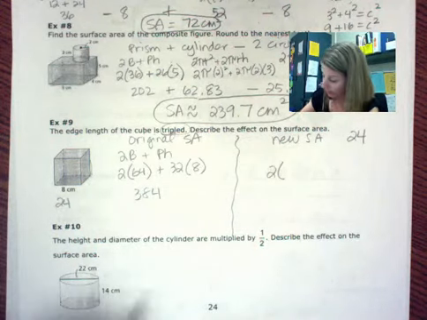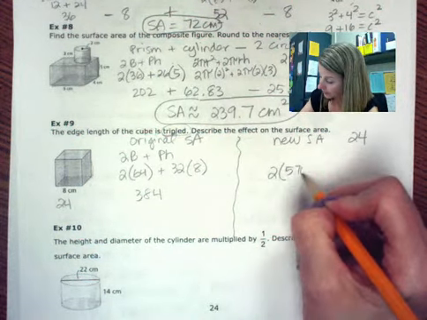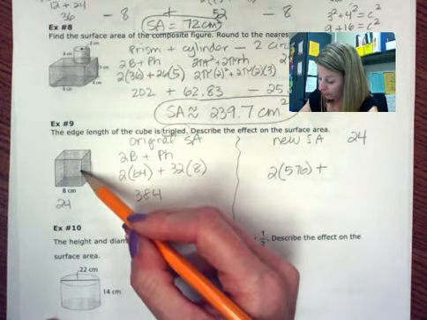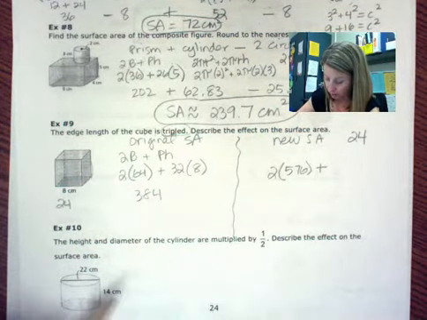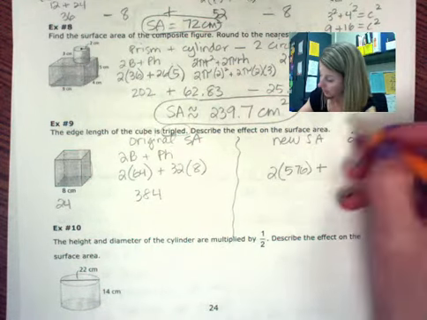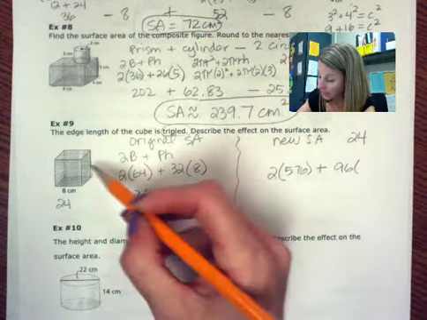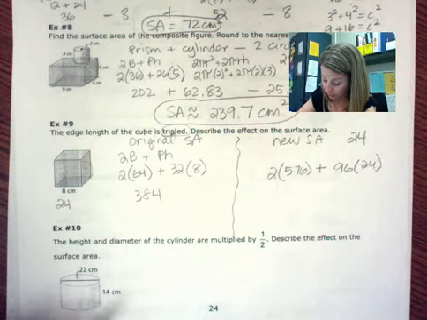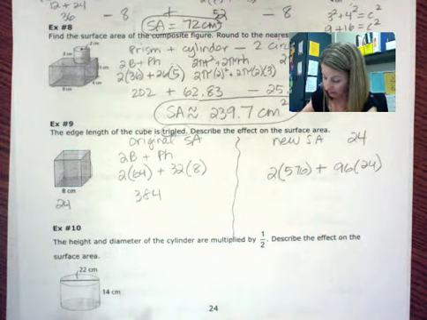So that is 576. Perimeter would be 24 plus 24 plus 24 plus 24. So I'm going to do 24 times 4, 96. And then height is also 24 because it's a cube. So I get 2 times 576 plus 96 times 24, and I get